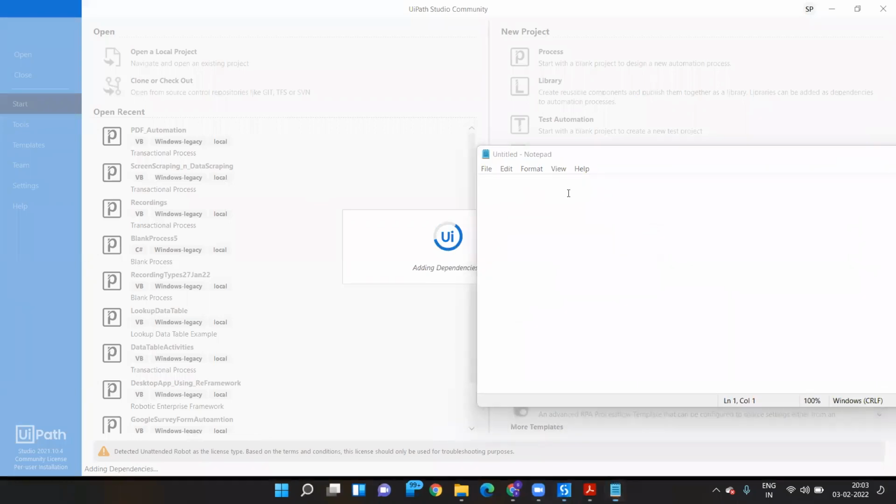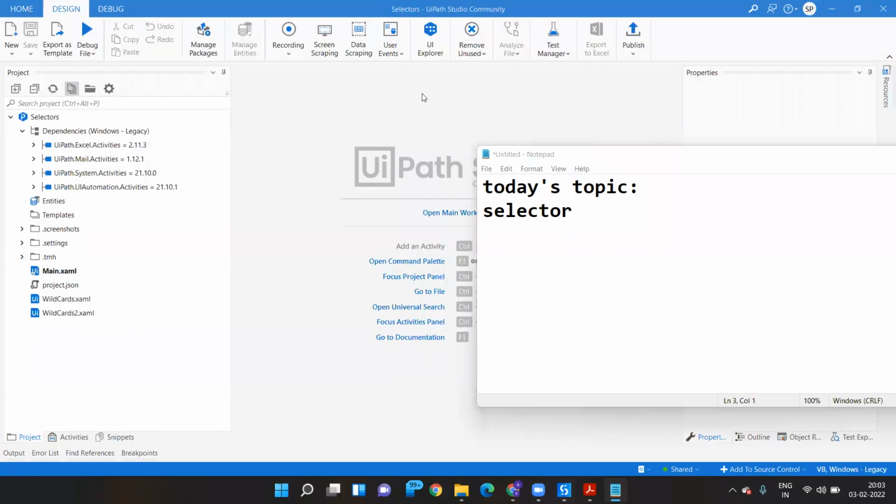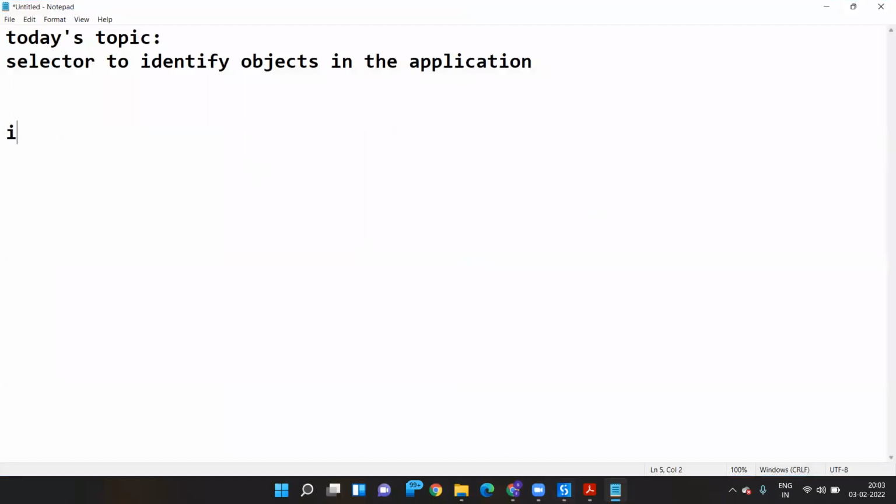Okay, today we'll discuss selectors. What is a selector? Selectors are useful to identify objects in the application. The selectors we ideally use to identify objects are ID, name, class, okay, and